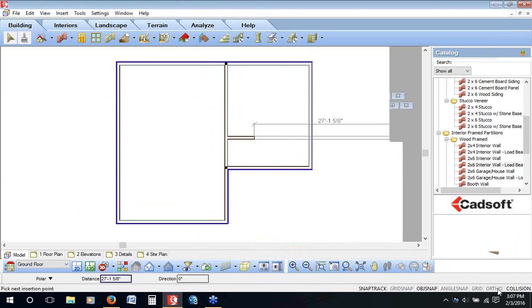So I want to turn ortho off. And I'm going to turn angle snap on. Now you'll notice my cursor and look at the direction dialog box down below. I'm only moving in 15-degree increments because that's the restriction of angle snap. So I'm going to come up on a 45-degree direction, and I'm going to type in again 5 feet. So 5 feet in the 45-degree direction, hit enter, there it is, and then I can pull up straight 90,